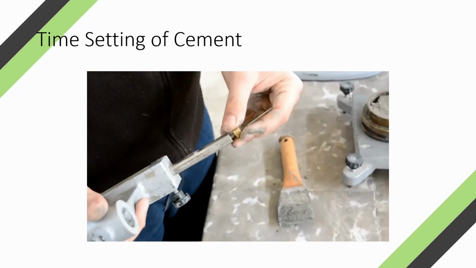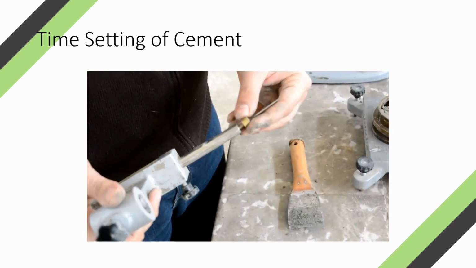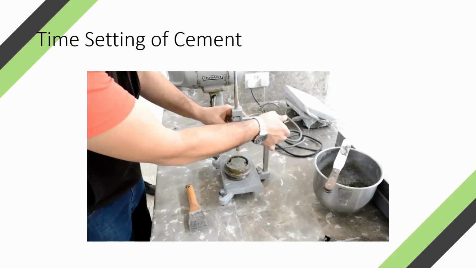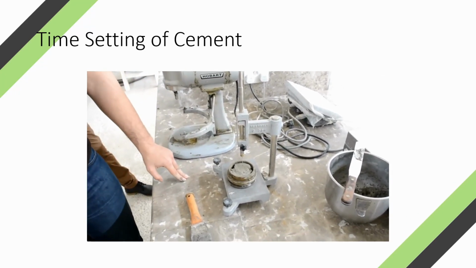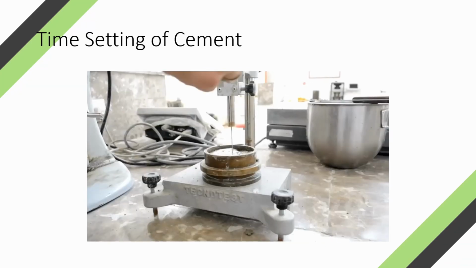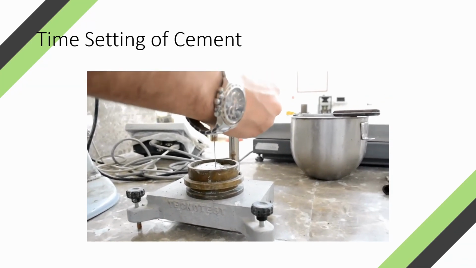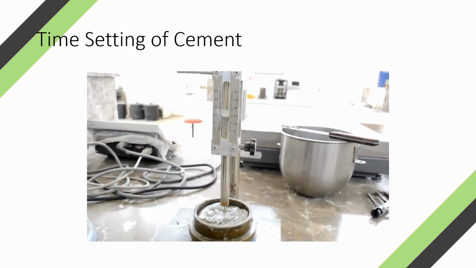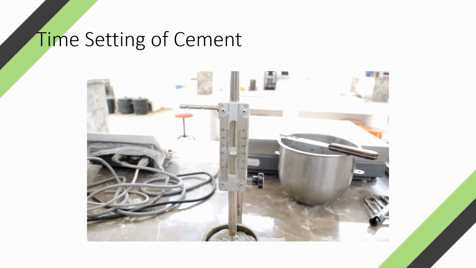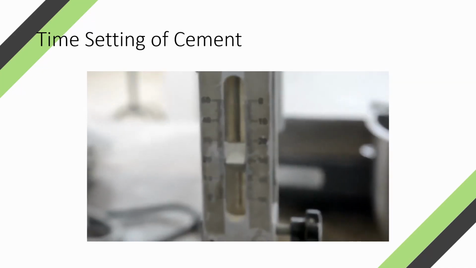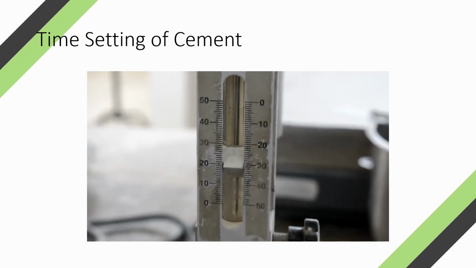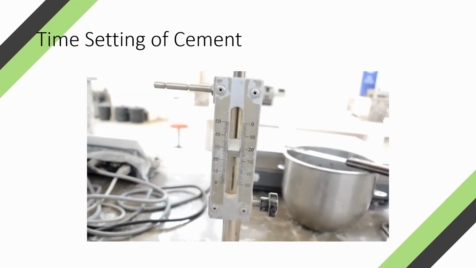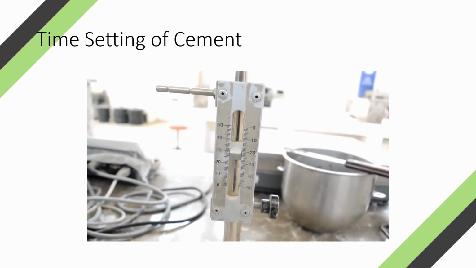Place the thin needle on the Vicat apparatus. Set the indicator on 0. Adjust the needle until it becomes in contact with the base surface. Release the needle. The needle will penetrate the paste. Repeat this operation every 15 minutes until a 25 mm or less of penetration is obtained. The time between the initial contact of cement and water and the penetration of 25 mm is the initial time